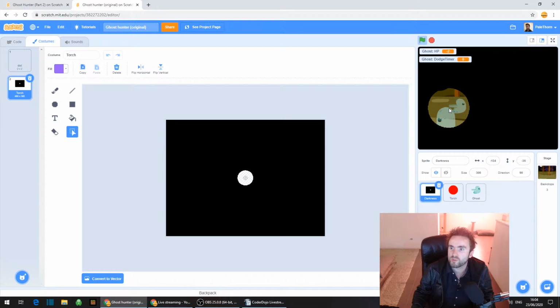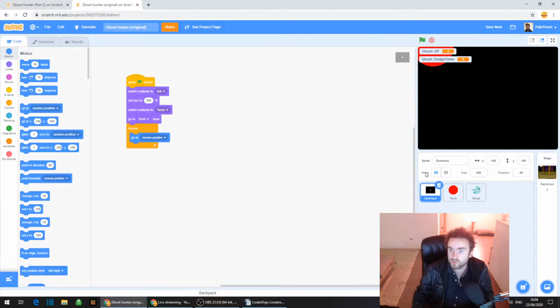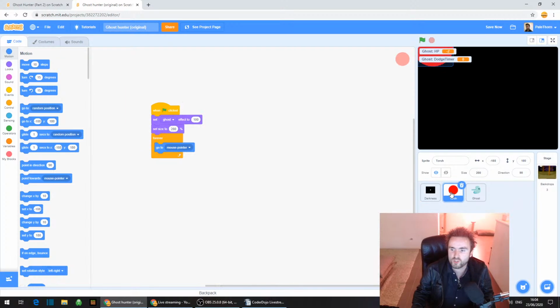You have to do a bit of a hack to make this work, to make the sprite get big enough to cover up the entire screen when you're moving it around. If you're interested in that, go and watch part 1 if you haven't already, where I explain that. It's a very useful little workaround for one of Scratch's limitations.